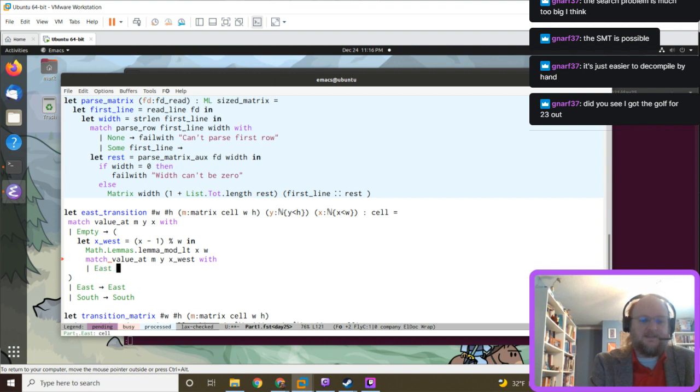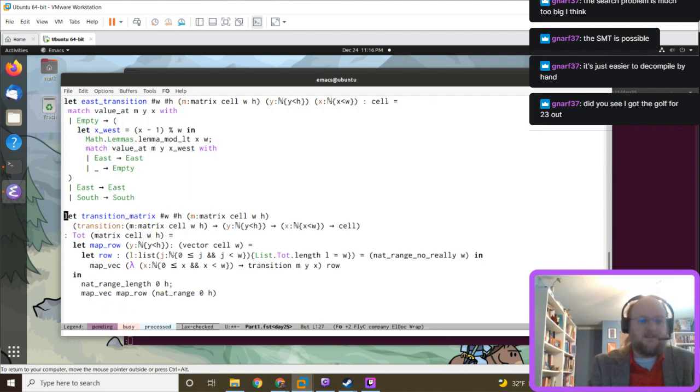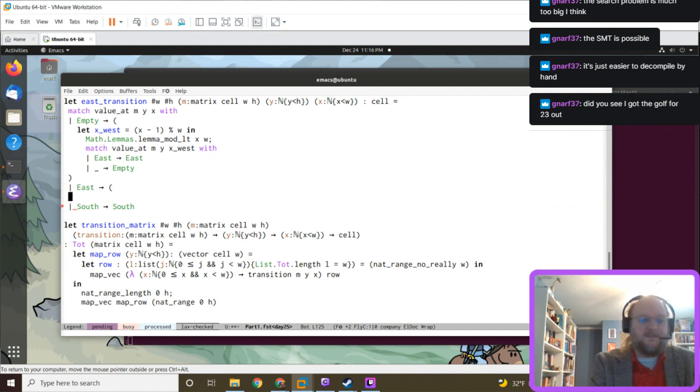So if that is an eastbound one, then we will be east. Otherwise, we're going to stay empty. All right, does that type check? It does. All right.